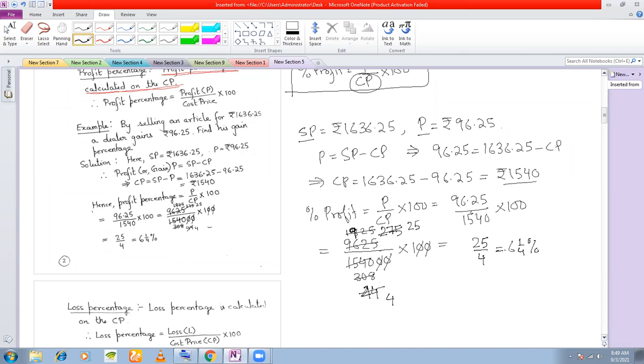That is the percentage profit. Okay, so what you need to remember here is that in order to calculate profit percentage, you will not only require profit, but you will require cost price. So if selling price is given, always calculate the cost price whenever you are calculating the profit or the loss percentage, which we'll see later. So I'll stop here for today.